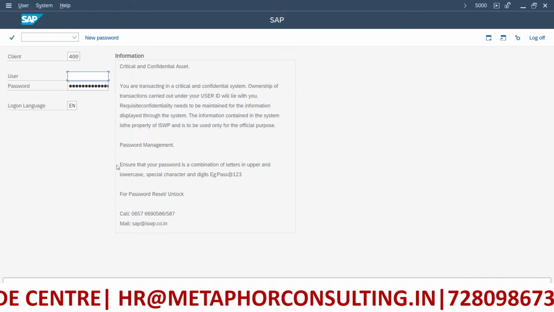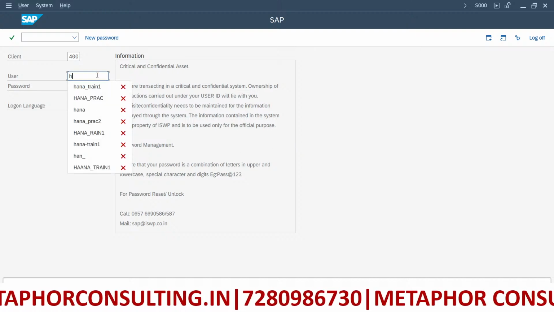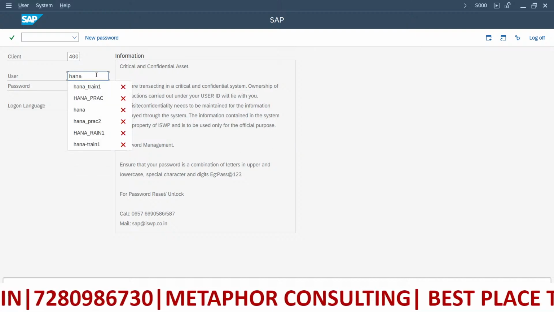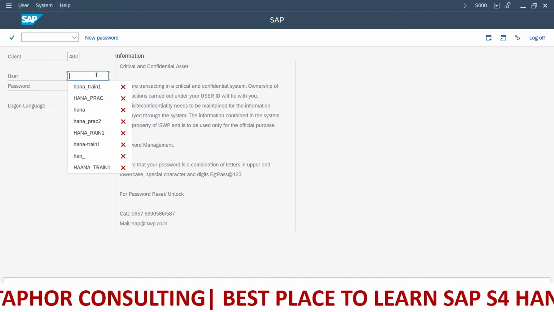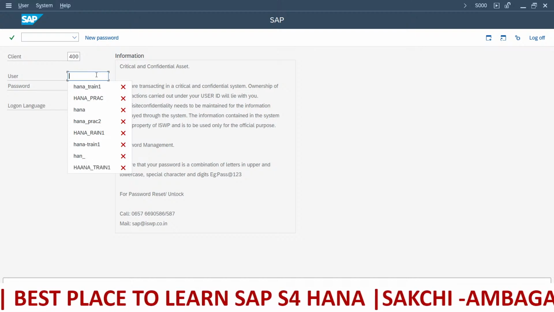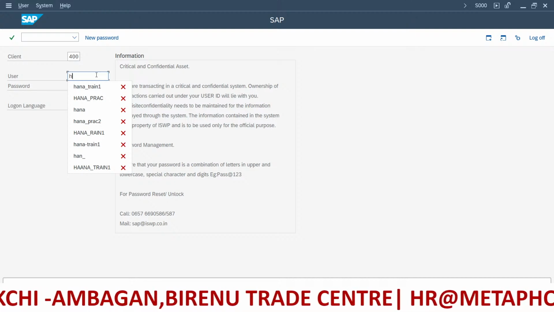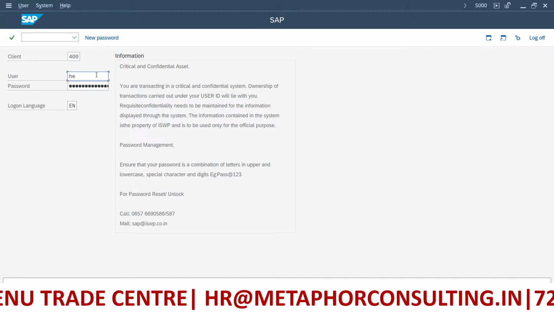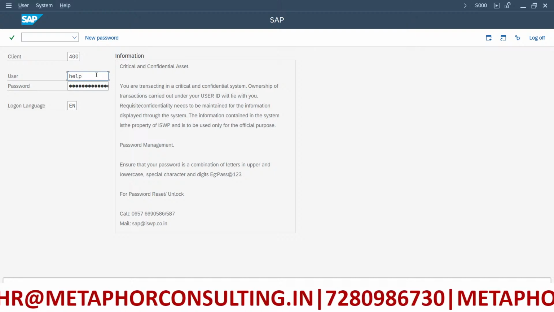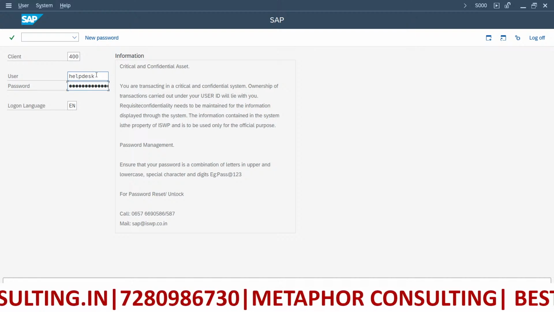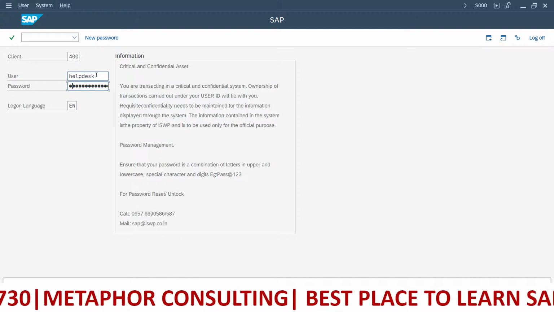So first of all, let me log into the SAP session, and there I will explain what we have to learn and what we are precisely looking for. I have my user ID and password, and once I do that,